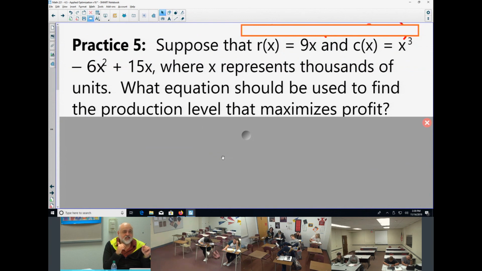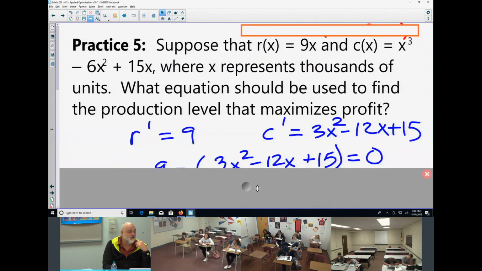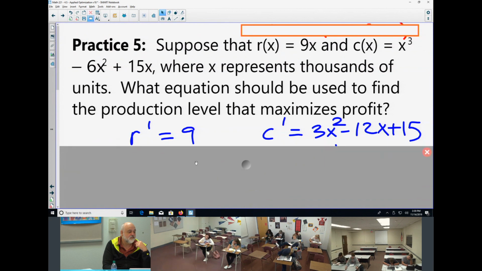What's the derivative of C? 3x squared minus 12x plus 15. Yeah, plus 15. So you set those equal to each other and then solve it. See if you can solve it for x. Remember that your answer is going to be in thousands, so you've got to put the final answer in thousands. Okay, we'll pick it up from there on Monday, because